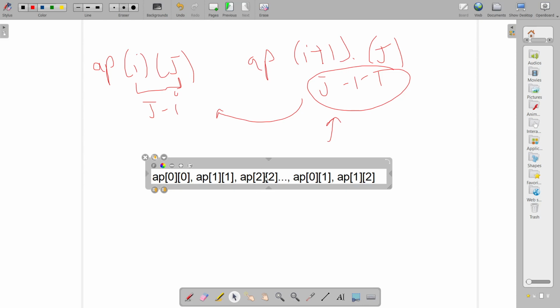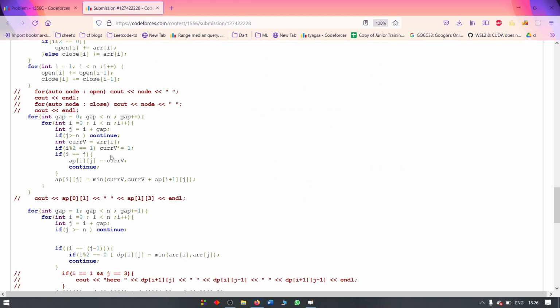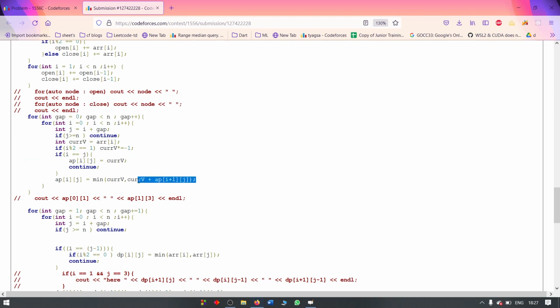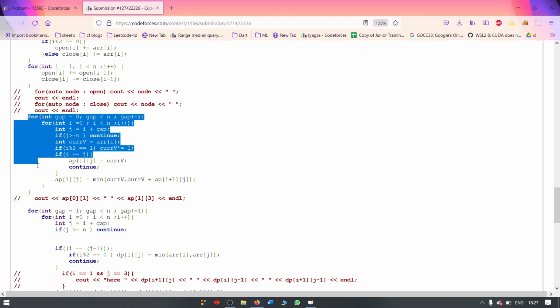This has already been calculated. And so on. So basically, I iterate through the gaps. I fix my j. The current values basically, yeah, so this is one way to make the AP array. You can also make it on your own with some other way.